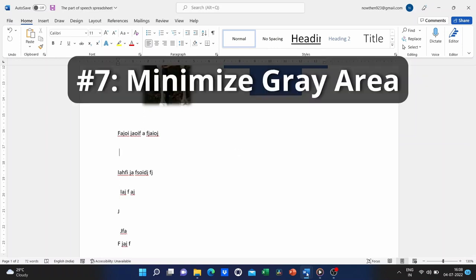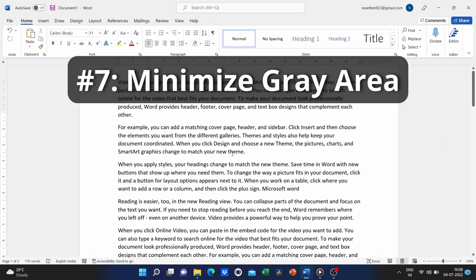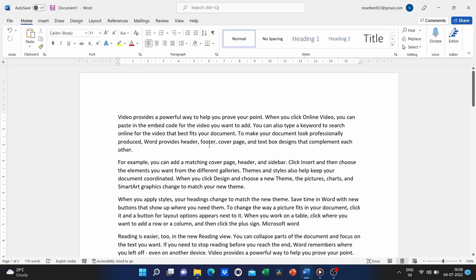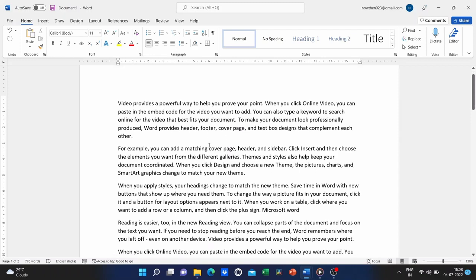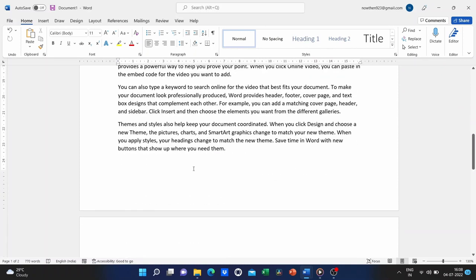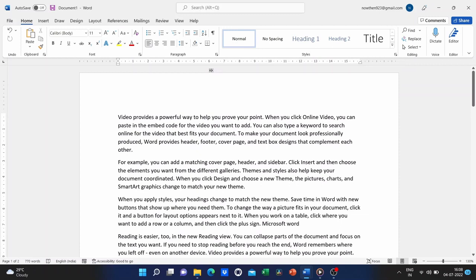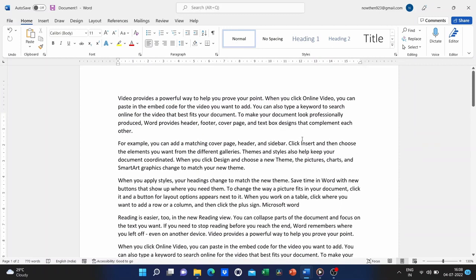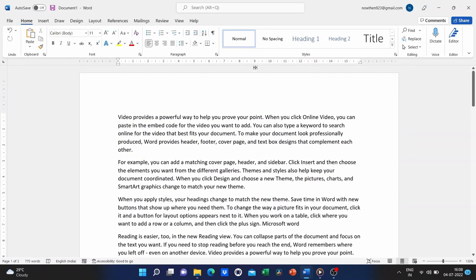This next Microsoft Word hack, what it is, as you can see above the text of my Word document, I have this gray area and it doesn't really serve much of a purpose. Some people like it being there, others don't. Typically, people that don't appreciate that being there are people like me that have a small computer screen. You want to maximize every part of the screen and use it well. So as you can see here, by putting the mouse in that gray area, it says double-click to hide white space, and that's the hack that I wanted to share with you.